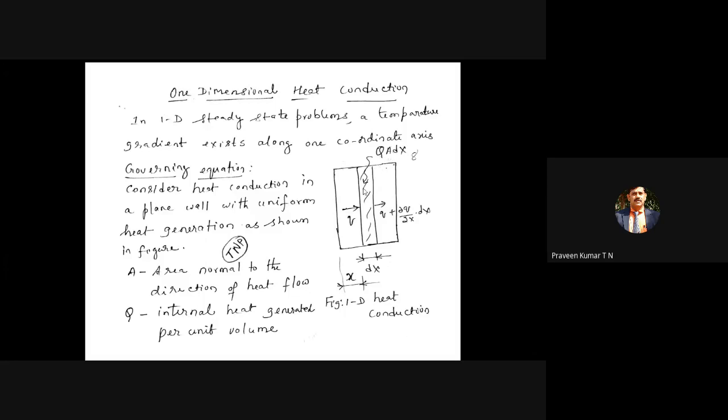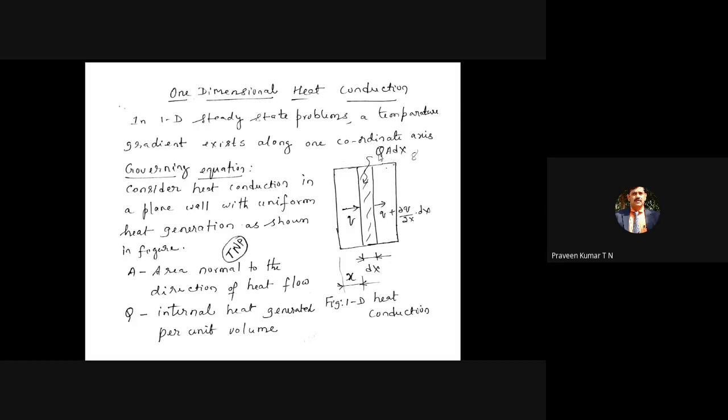The area of the cross section is A, the conduction area. You are considering conduction, so heat flows along the x direction. When you go for conduction area, you consider the area perpendicular to the heat flow, the normal area. It is almost similar to normal stress. So you consider the normal area into dx, that is nothing but a volume. Now the unit of Q is watt per meter cube into meter cube, so finally you are getting watt. That's why you are multiplying by A into dx.